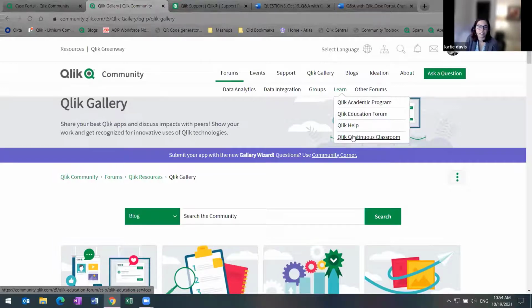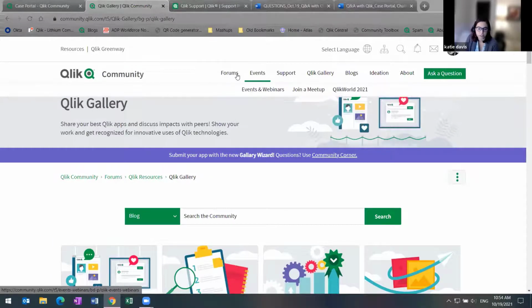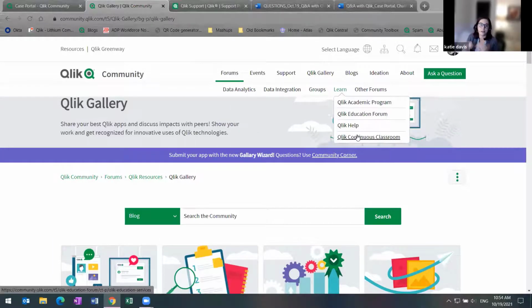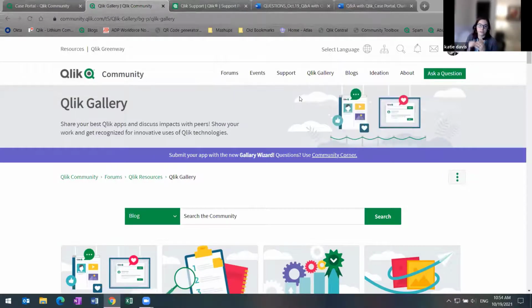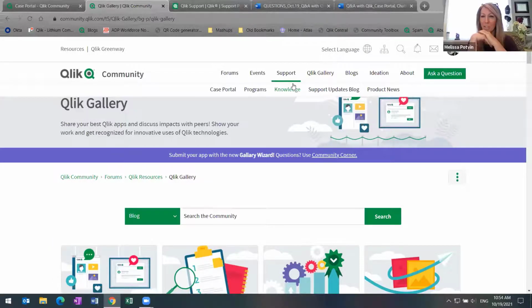Help.qlik, I would say, is very product specific. So it's about the applications that you purchase. And then community is what we were sharing today, which is where everyone can network with each other. They can crowdsource solutions. And we just focused on the support portal underneath. So we help with any kind of account or technical questions in support.